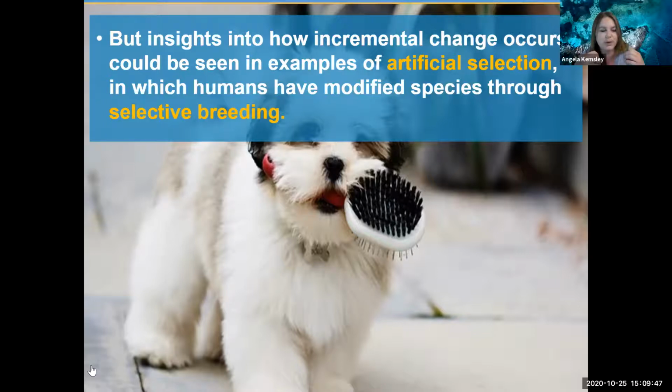It could have been for the ones that were the friendliest or the ones that bark the least. Or when we get into the modern ways that we have selectively bred dogs, the ones that have the shortest noses or the fluffiest tails, or their face looks a certain way, or they stand a certain way, or they can trot around the arena in a certain way. And we selectively breed them. So we purposely pick two dogs.